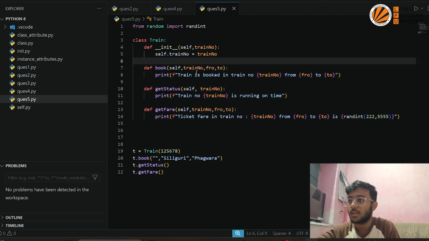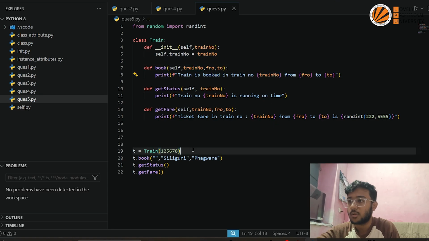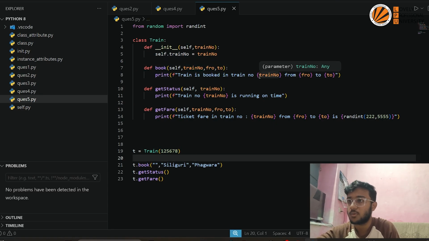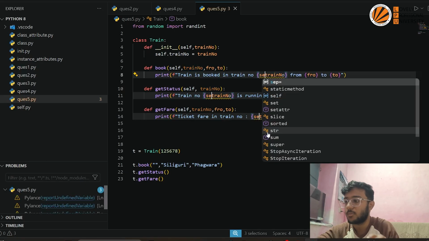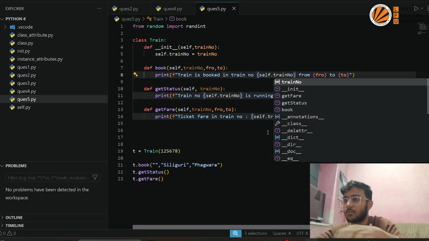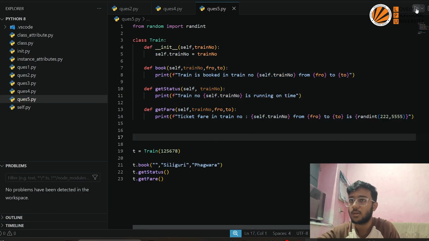Now what I did here is I haven't given this as self dot train number, that is why it is not showing me like this. So I will press alt here and here to make self dot, just like that. Now if I run this,